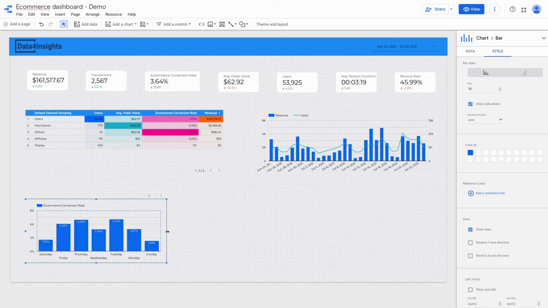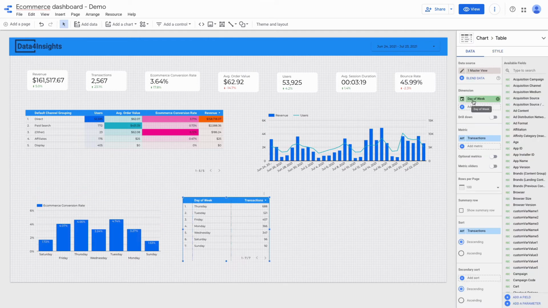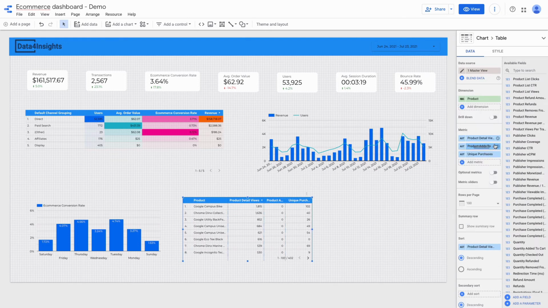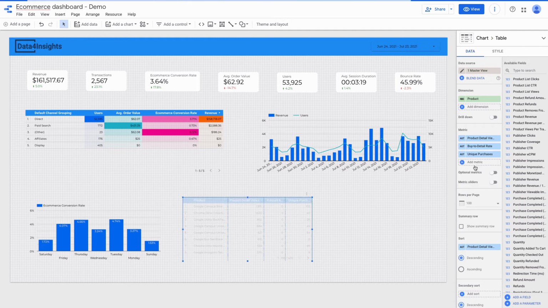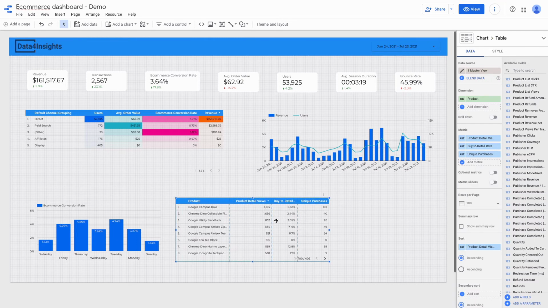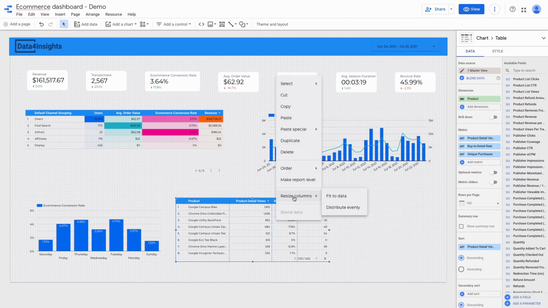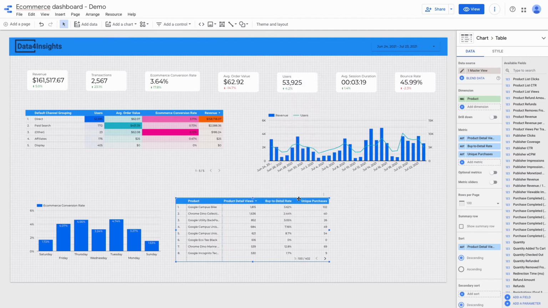labels. It is also important to know our top products, that's why I will add another table chart to display it. The dimension in this case will be product. The metrics will be product detail views, then buy to detail rate, and unique purchases. If I right click on the table and choose resize column fit to data, it will adjust my columns accordingly